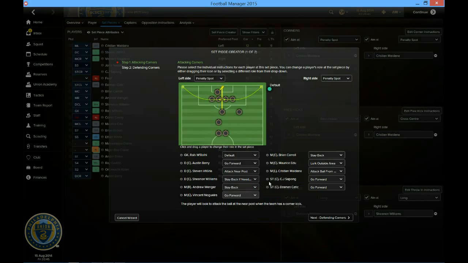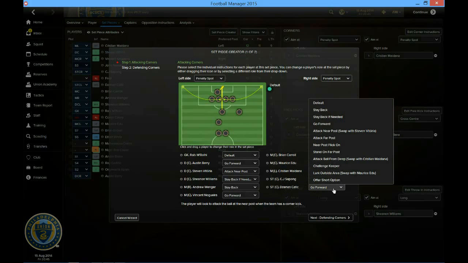The wingers will stay back, no, one winger will stay back, Andrew Wenger, who is more defensive than Maidan, is better at defending. Brian Carroll, who is the defensive midfielder, also to stay back, attack ball from deep, and everybody else to go forward. I will tell Zenan Katic to attack far post